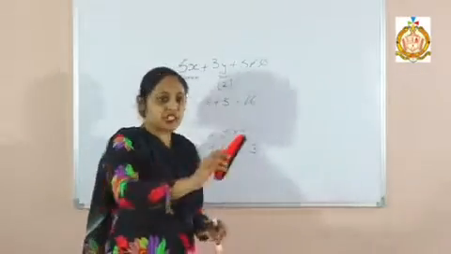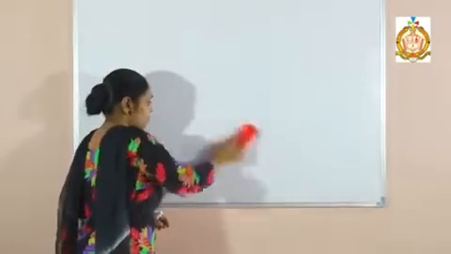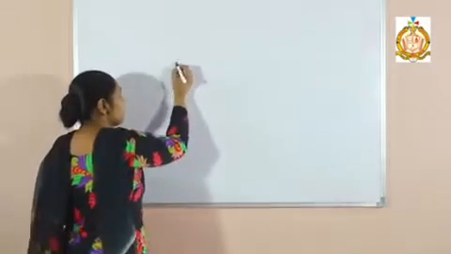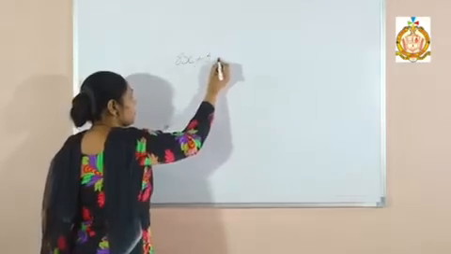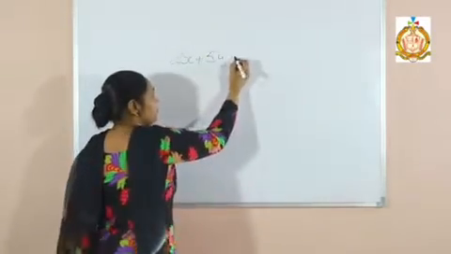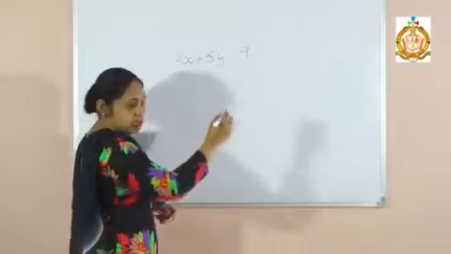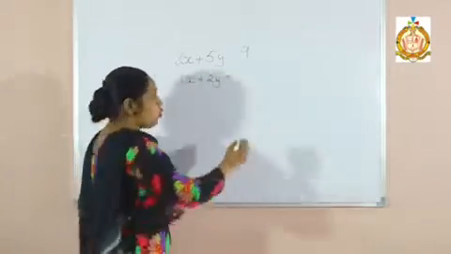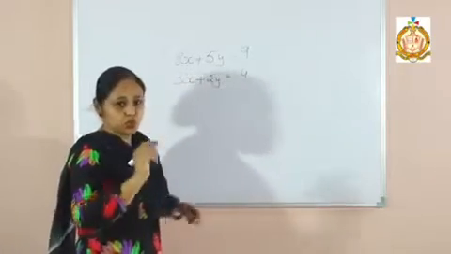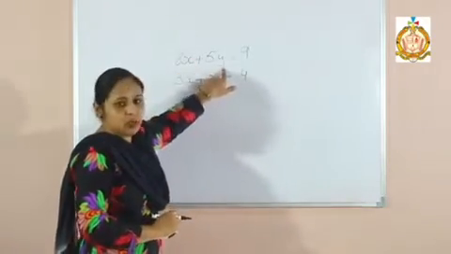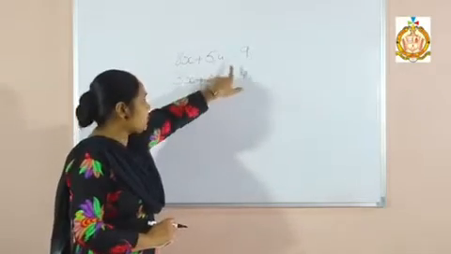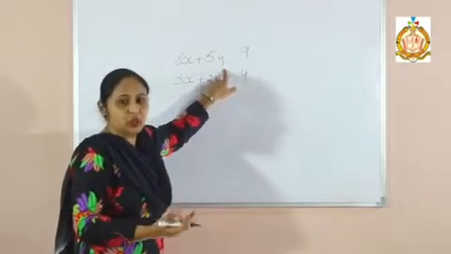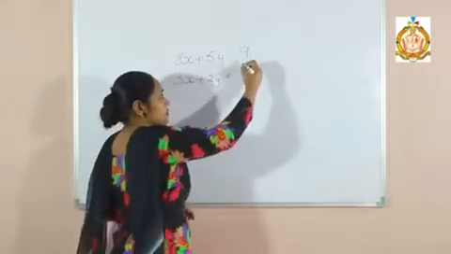Now see students, in our first statement, the statement is given 8x plus 5y equals to 9, and the other statement is 3x plus 2y equals to 4. Now for substitution, there is one x and the other one is y. I can take the substitution of x as well as substitution of y, as is my opinion. What is easy for me? Which calculation will be easy for me? I will take this first statement.